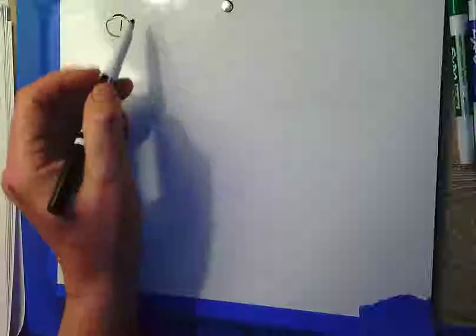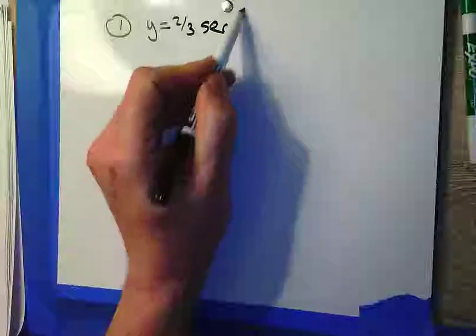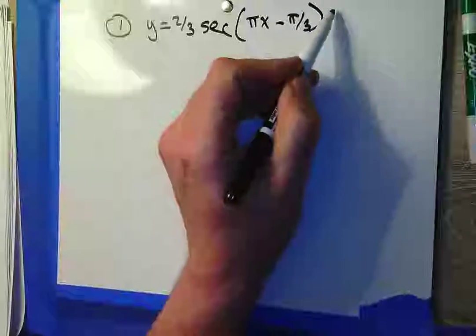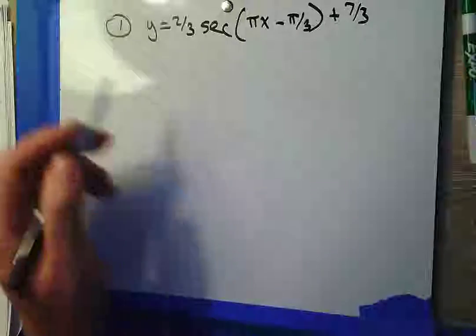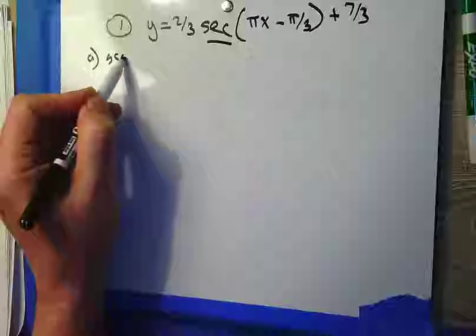Hi everyone. I thought today we could practice a few secant, cosecant, tangent, and cotangent graphs, and then we could spend some time going backwards. So let's start. The first problem I want to do is y equals 2/3 secant pi x minus pi over 3 plus 7/3. So, the key to graphing secant is start by graphing